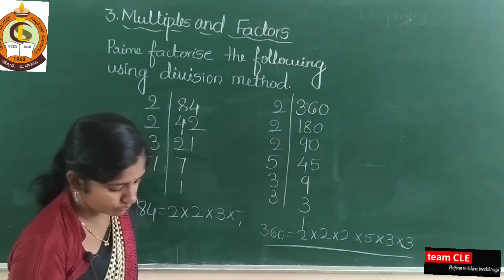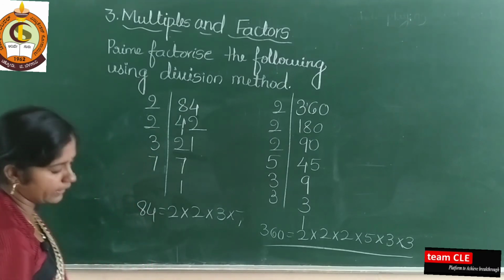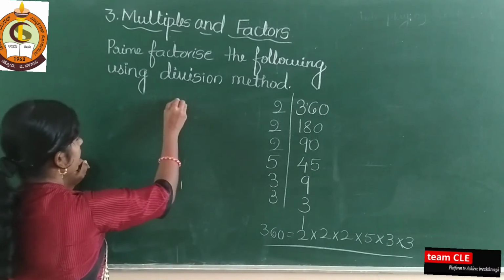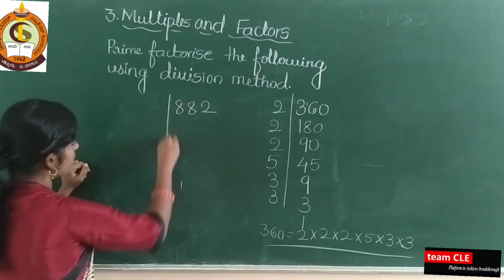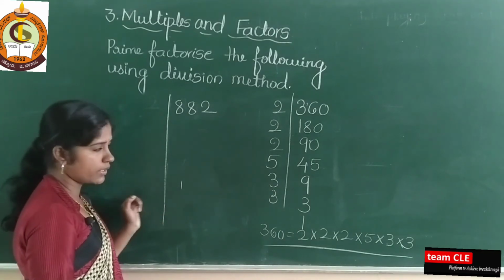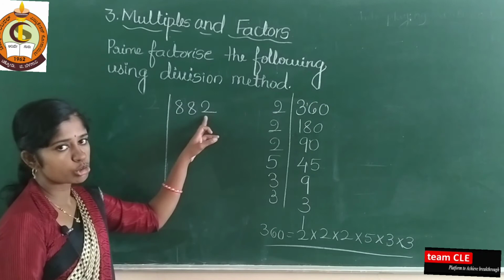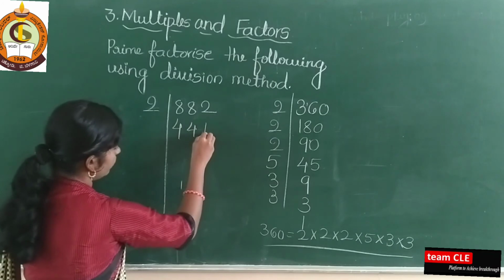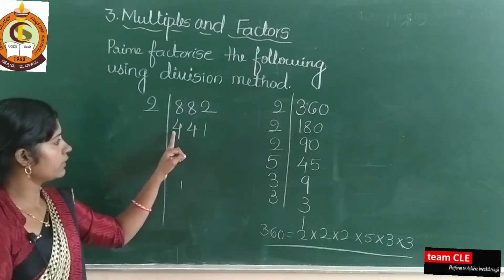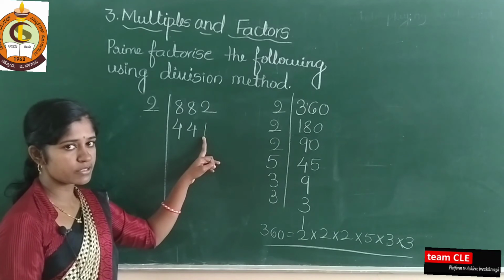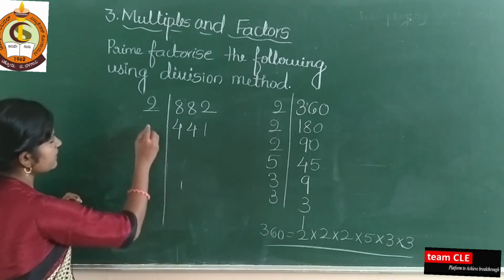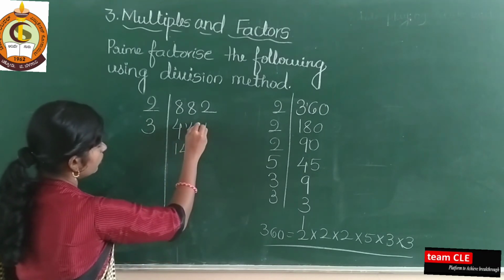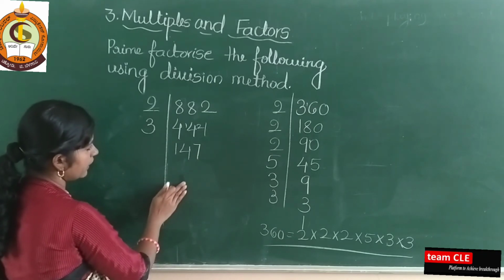Okay, so let us take one more example, and that is 882. Tell me, is this number divisible by 2? Yes, because in the ones place which number is there? 2 is there. So write here 2 4s are 8, 2 1s are 2. Okay, so see here 1 is there, then this number is not divisible by 2. So this number is divisible by 3. 3 1s are 3, 1 remained, 3 4s are 12, 2 remain, 3 7s are 21.